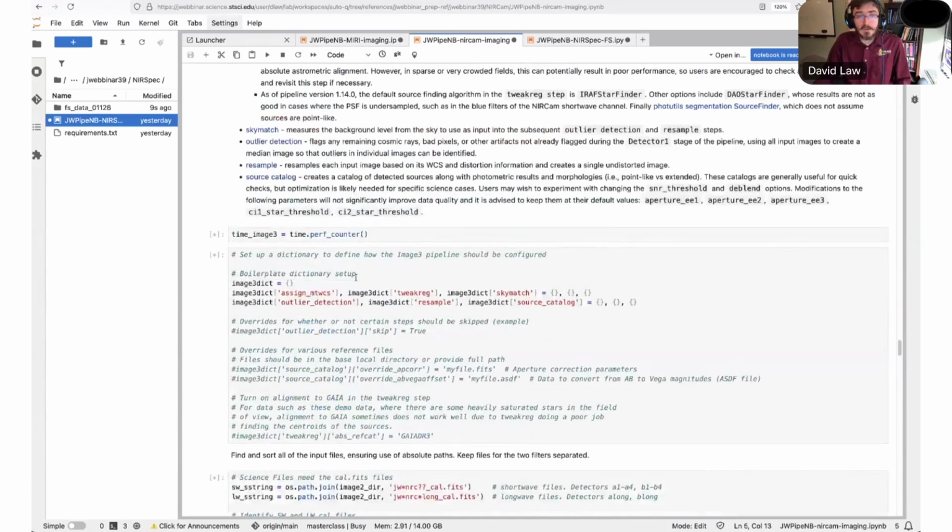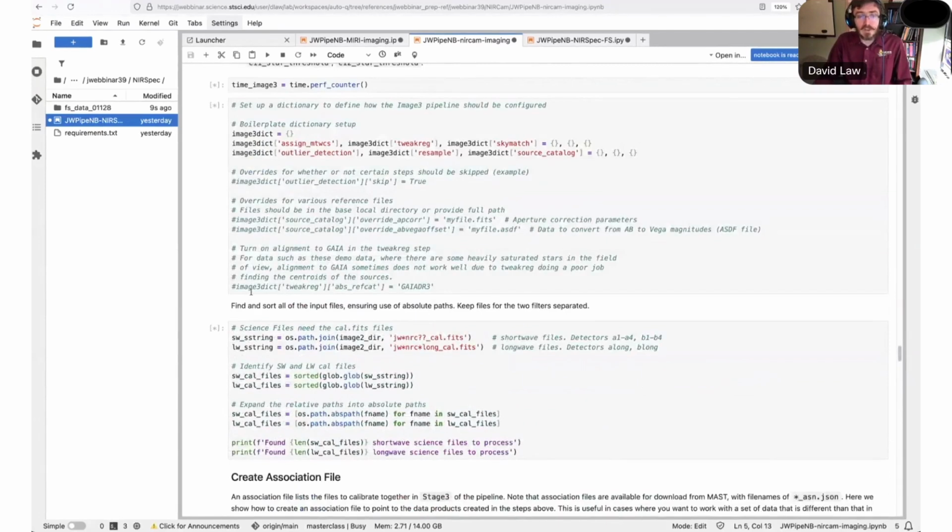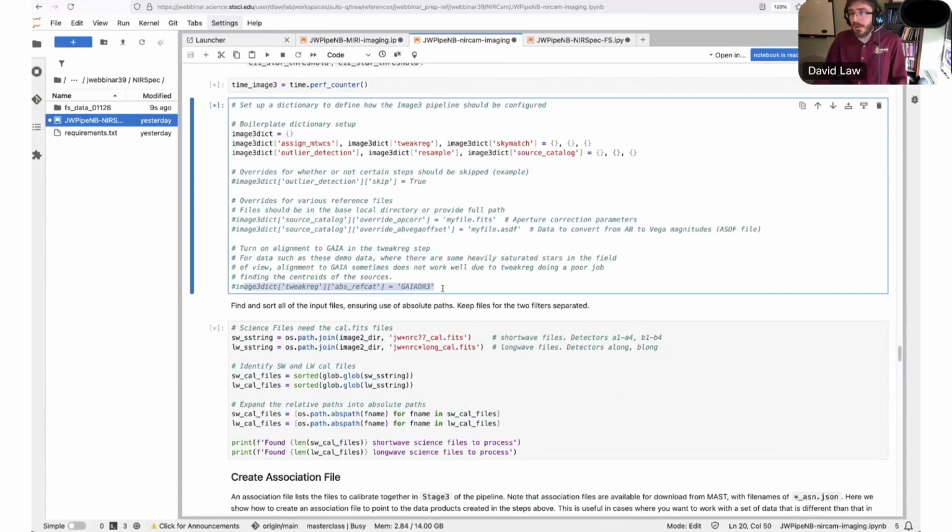Again, define your setup, make any modifications to parameters you want to change. One of the ones that's particularly relevant for NIRCam is this tweakreg step. How that works is it tries to find individual sources in each frame and adjust the astrometric solution of your data to pull those into exactly where they should be. Because there's some uncertainty in where Webb's pointing on the sky at any given time, it uses a combination of guide stars and a variety of other sources as well to try to figure out where it is in the sky. That's only as good as the catalog that we're using for it,